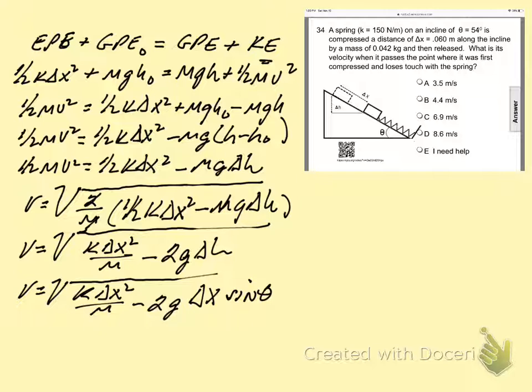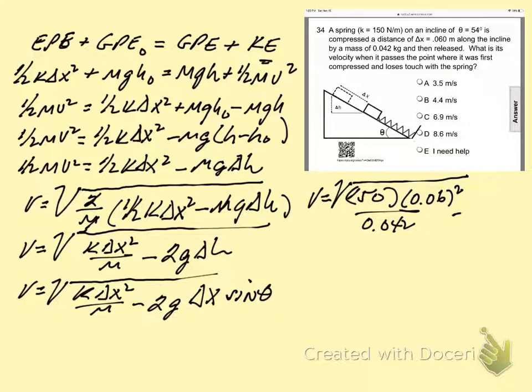Now we can start substituting in numbers. Velocity equals the square root of k, which is 150, times delta x squared. Delta x is 0.06. We have to square that. Divided by a mass of 0.042,